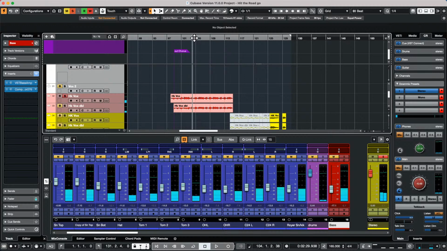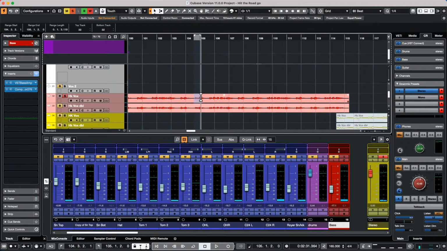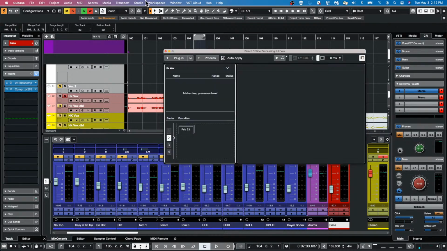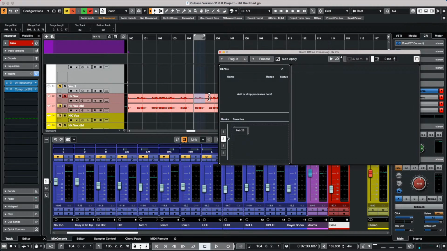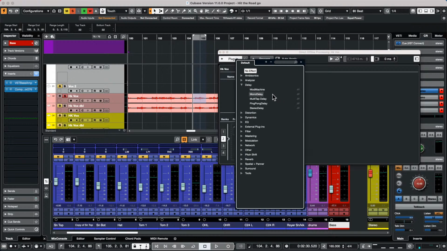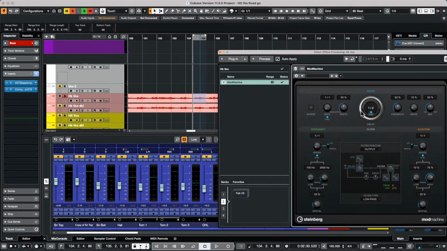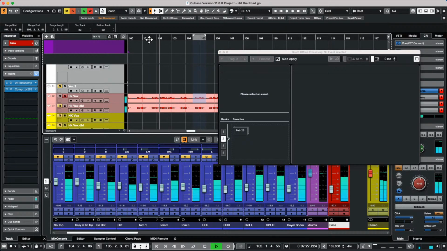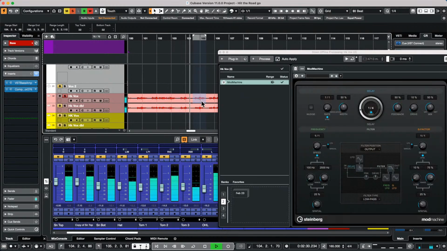All right, so let's say I just wanted to throw a delay on this. I could select just that particular region, so I don't have to do it for the whole event. So I'll say, okay, now what I want to do is select this region again. Let's add a delay plugin. At this point, I just wanted to add a quarter note delay. So as we listen to this,